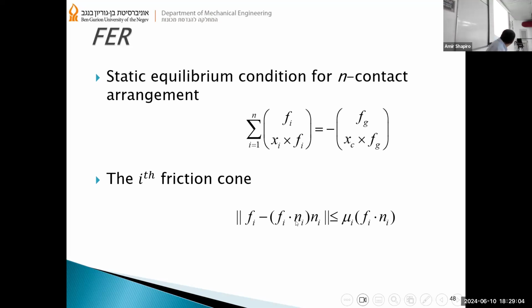It means that this is the normal part of the contact force, and F minus the normal part is the tangential part. It's actually the friction force. This must be smaller than mu F dot n. And this is called the friction cone because if I draw